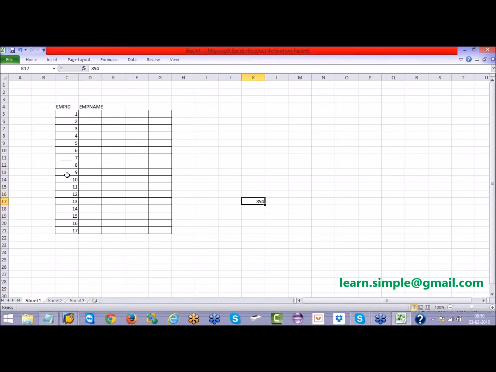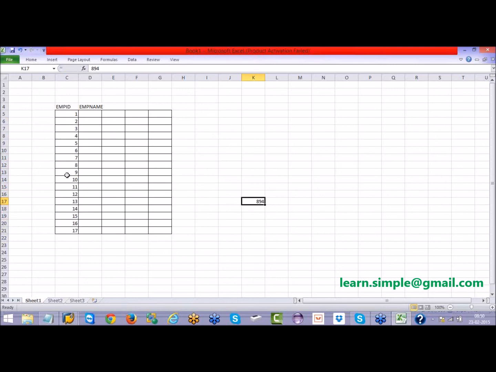Again, the 501 to 1000 will be divided into 2 halves: 501 to 750, 751 to 1000. Now it will again check whether 894 is falling between 501 to 750 or 751 to 1000. It is falling between 751 and 1000, so it will ignore the records from 501 to 750.